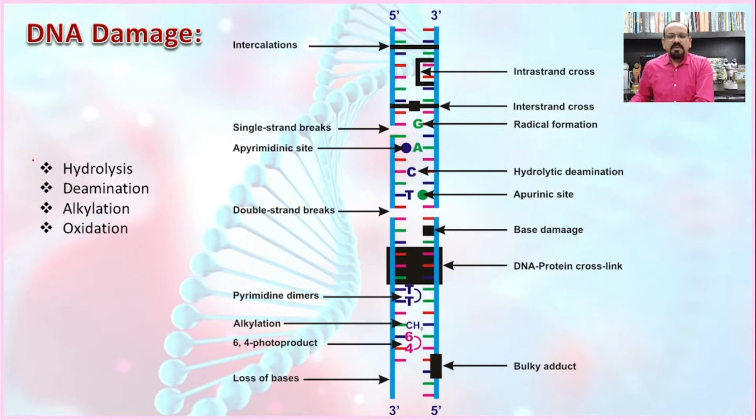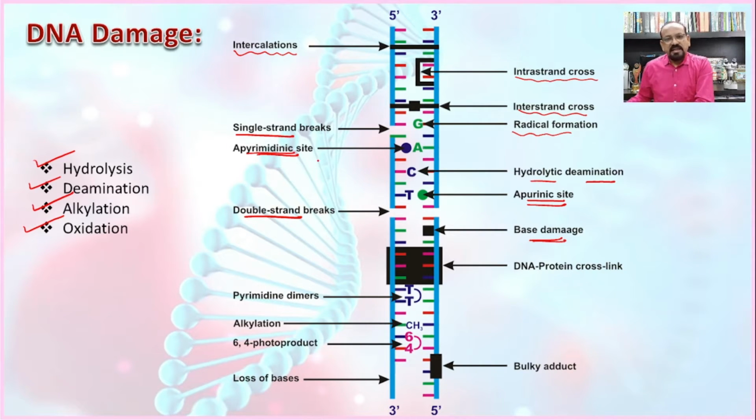The DNA damage is because of hydrolysis, deamination, alkylation and even oxidation, which are responsible for intercalation of the DNA molecule, then formation of the intrastrand cross-link, the interstrand cross-link, even formation of radicals, then single strand break, double strand break, then apyrimidinic site, that is the removal of the pyrimidine, then hydrolytic deamination, removal of the amino group, then apurinic site, that is the removal of the purine,